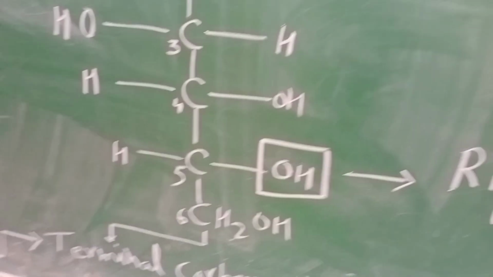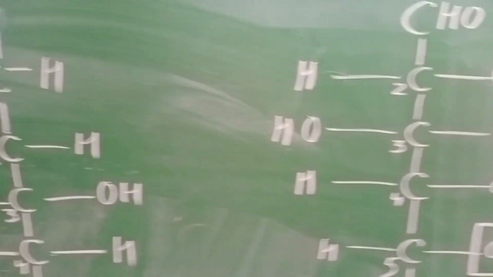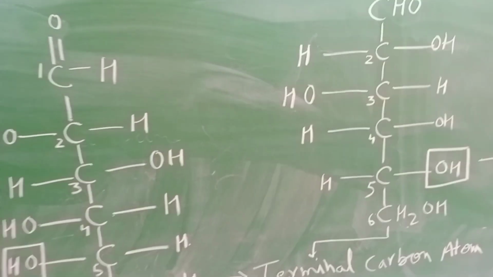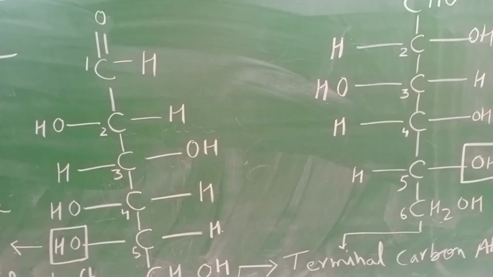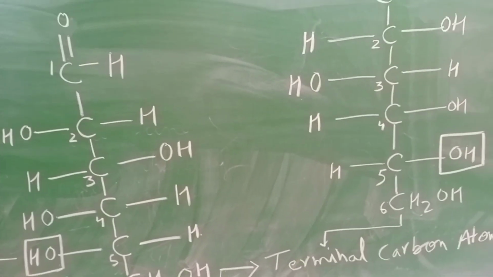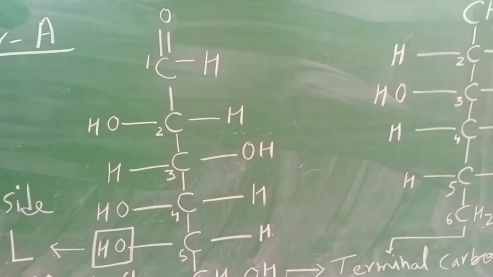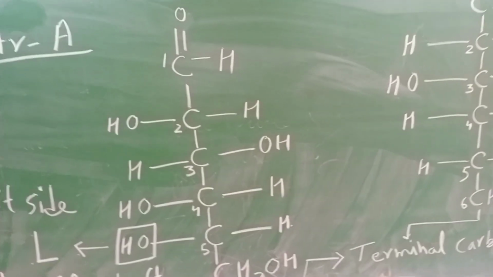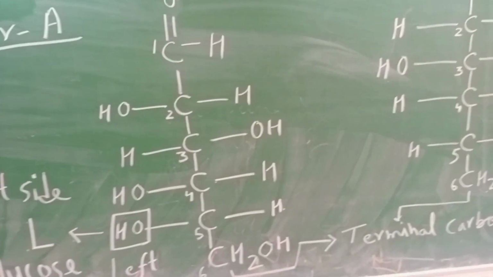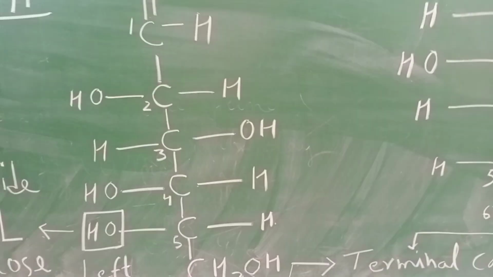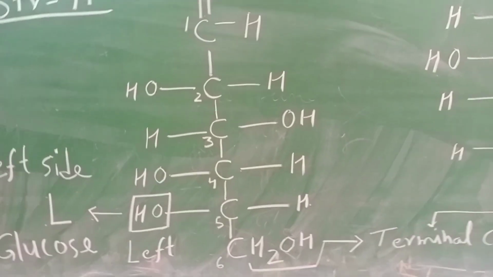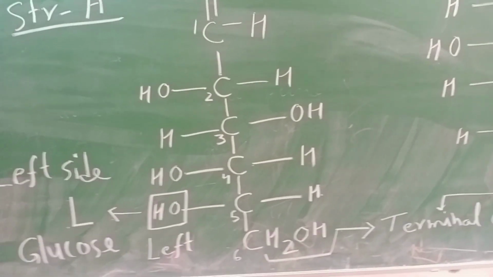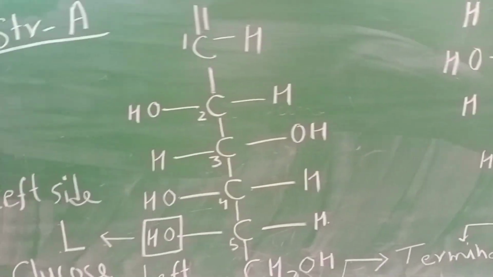This is how we have to identify the D and L isoforms in glucose, and this is the basic principle which helps us determine whether the molecule we are identifying on the basis of structure represents the capital D form